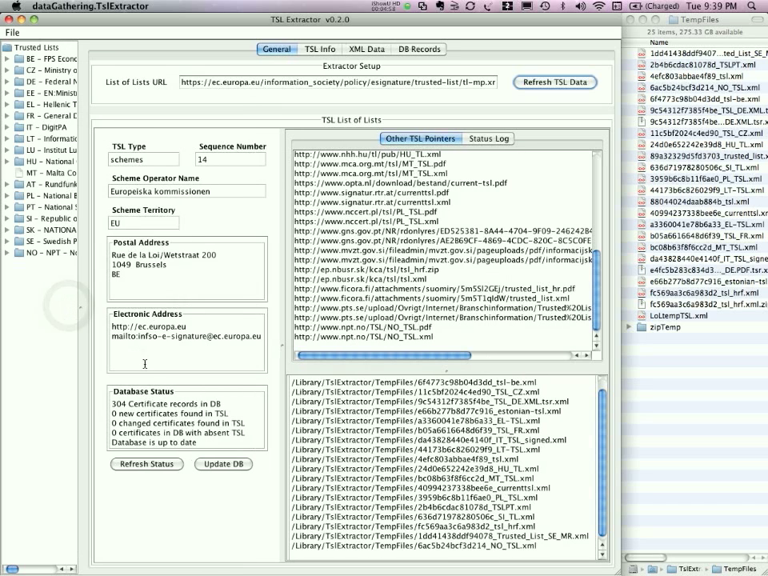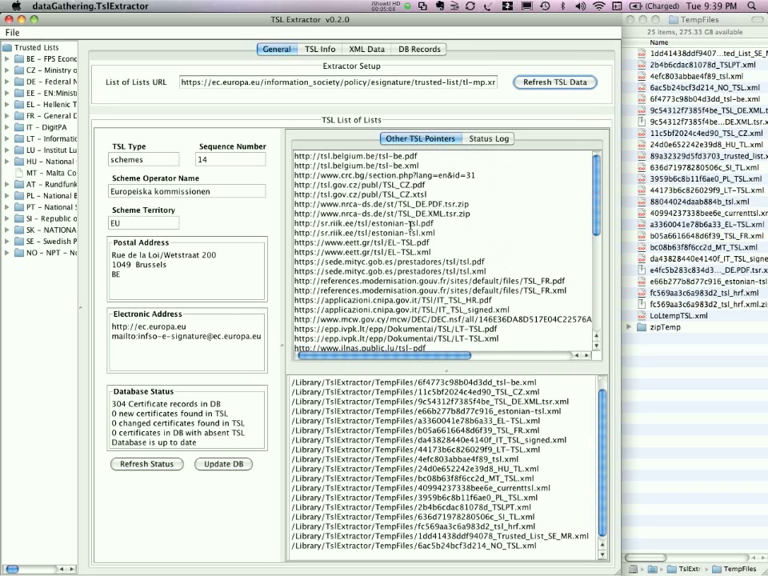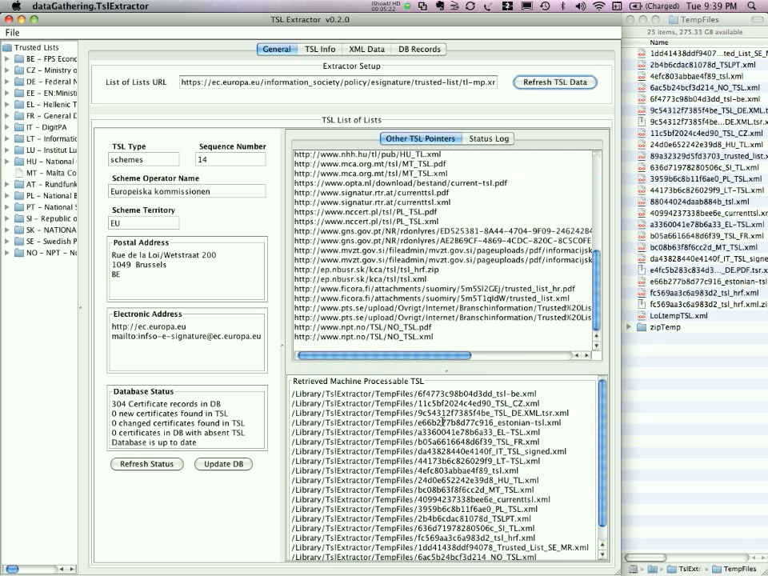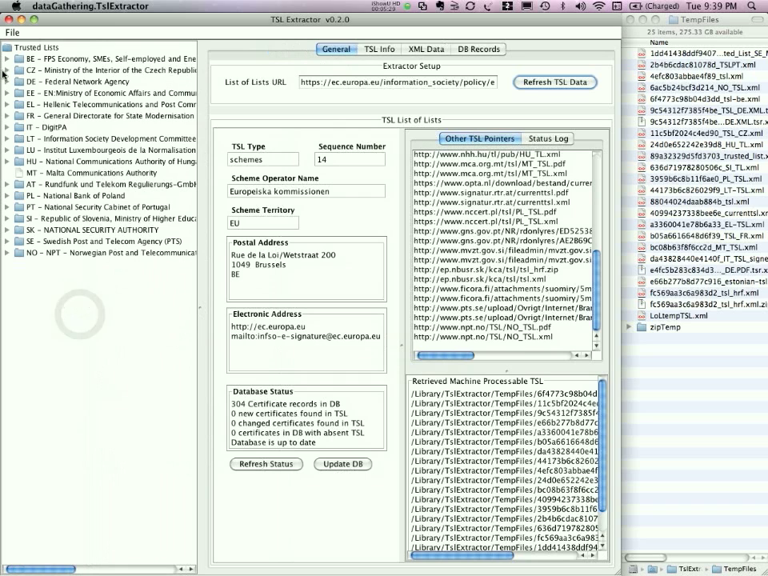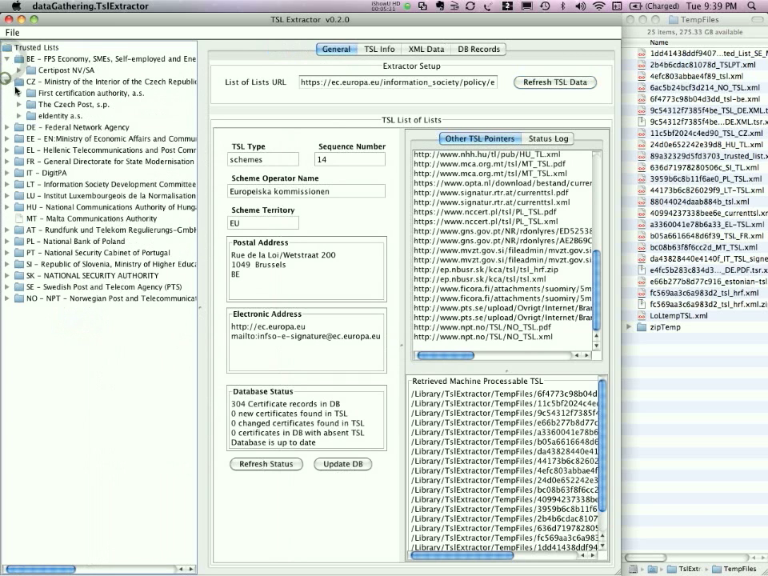Since I already have a database here, it's matching my current database of 304 certificates, so there were no updates. But I can see here all the URLs pointing to the various lists. There are PDF lists in human readable form, there are XML lists, there are zipped versions of PDF and XML files, and this leads to 18 different TSLs, and we can browse through them TSL by TSL and look at various